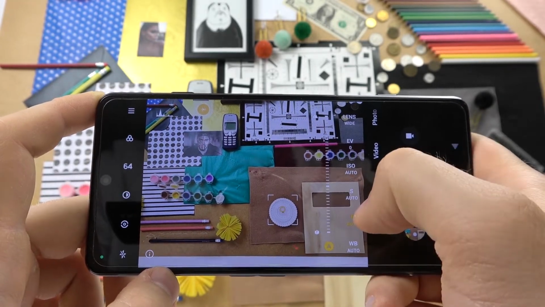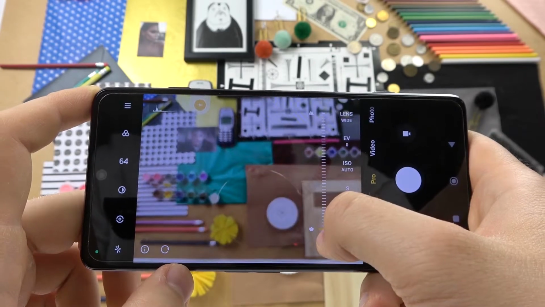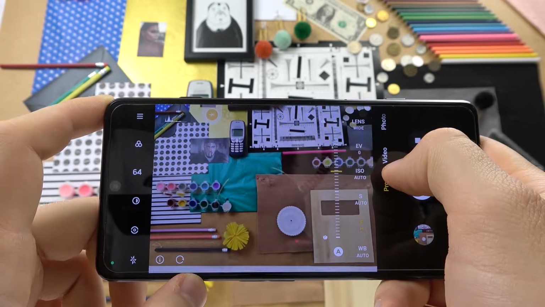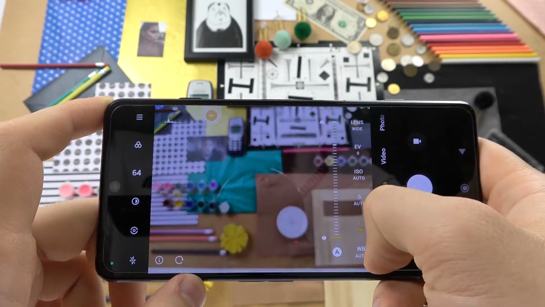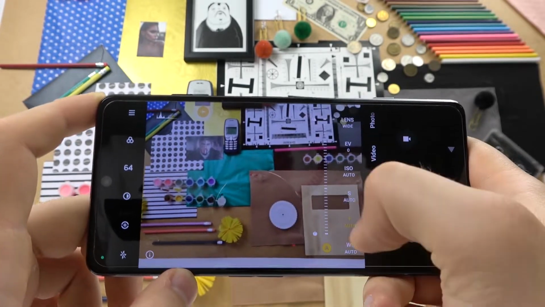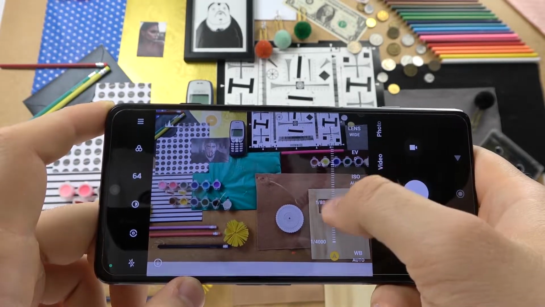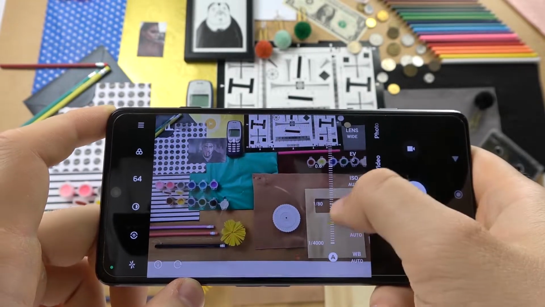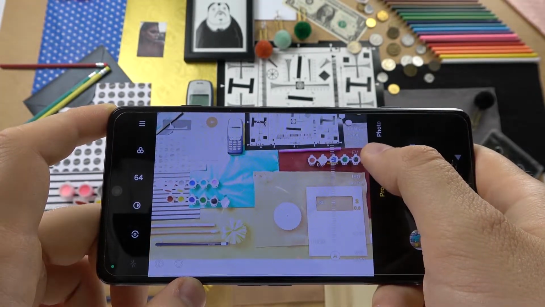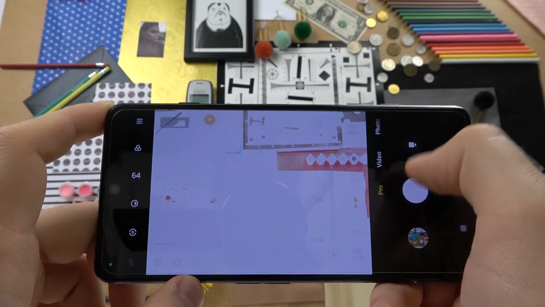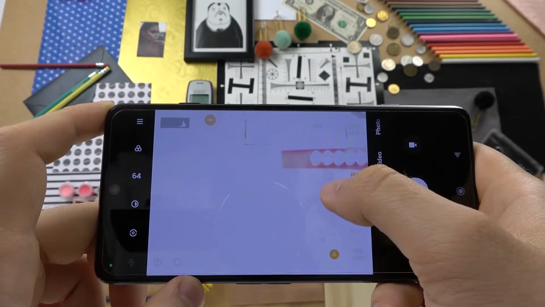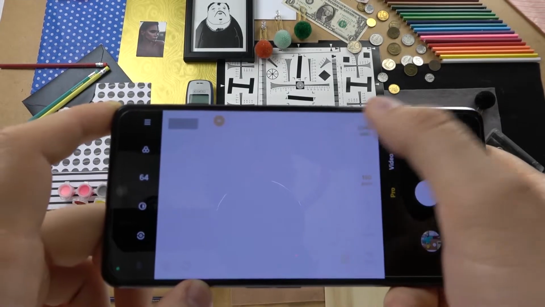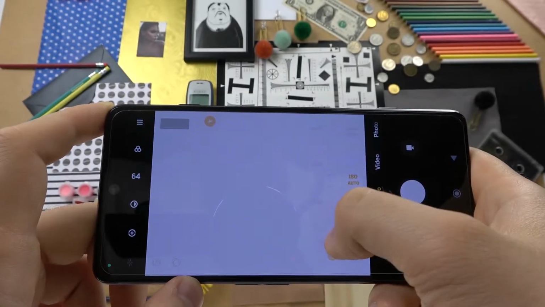Okay, let's go forward. Another one is the focus. That's also the ISO and the shutter speed. We can go, for example, for 2 seconds of the shutter. And to make it look better, we can decrease the ISO, but it's not working, so I think that we can go